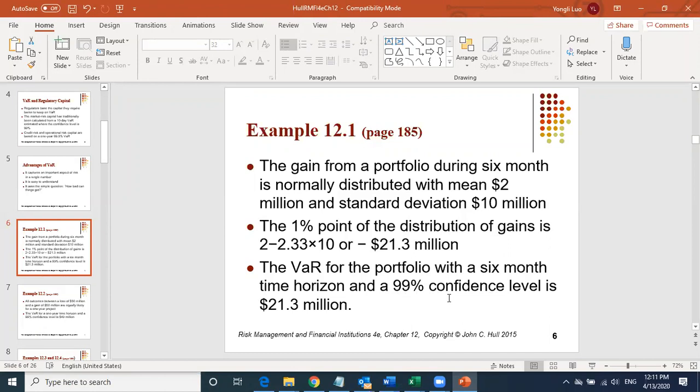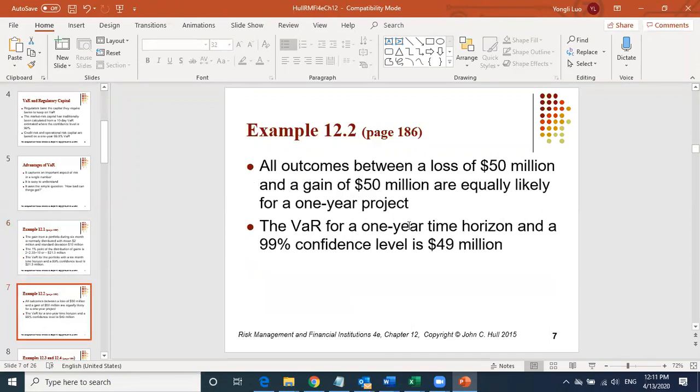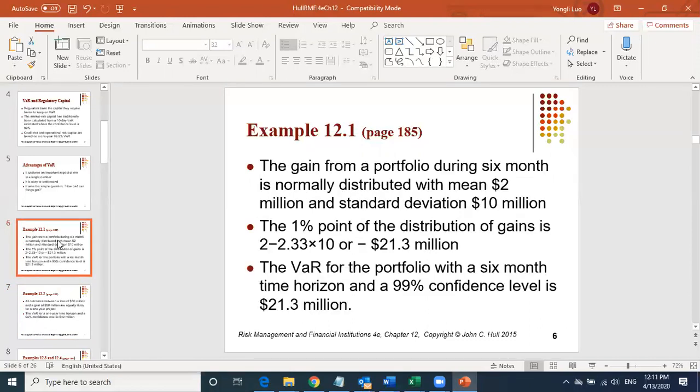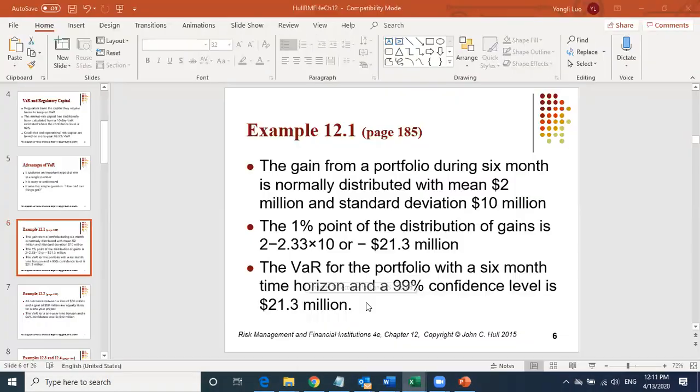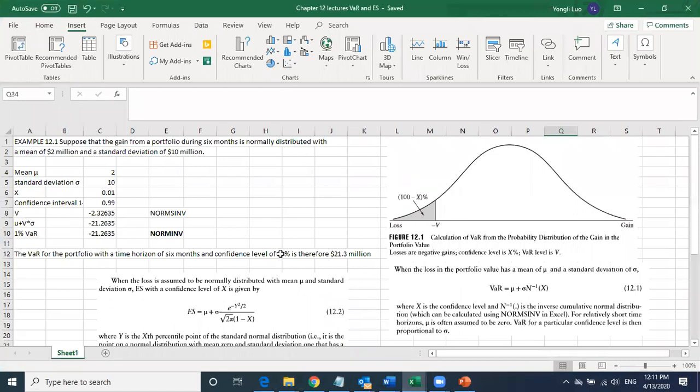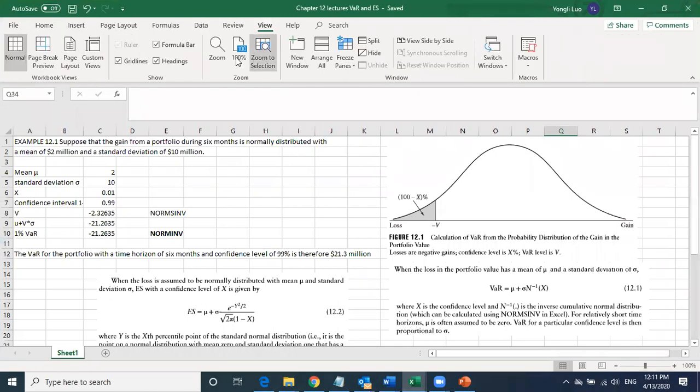So what will be your maximum loss? So how do we answer that question? We can calculate the VaR based on this information. Okay, let's see, I give you an Excel spreadsheet, so I can pull up this Excel spreadsheet, and you can see